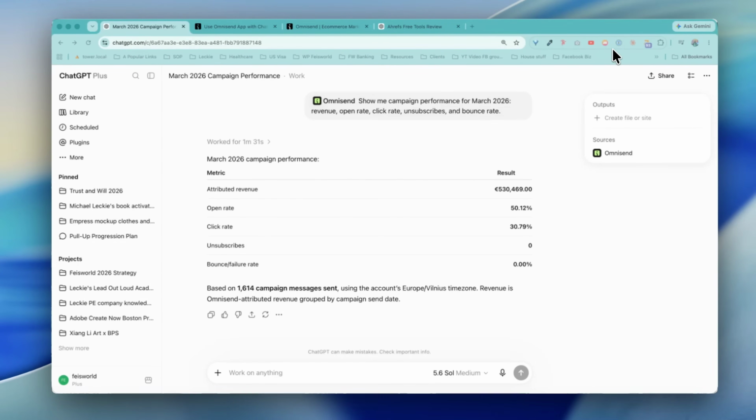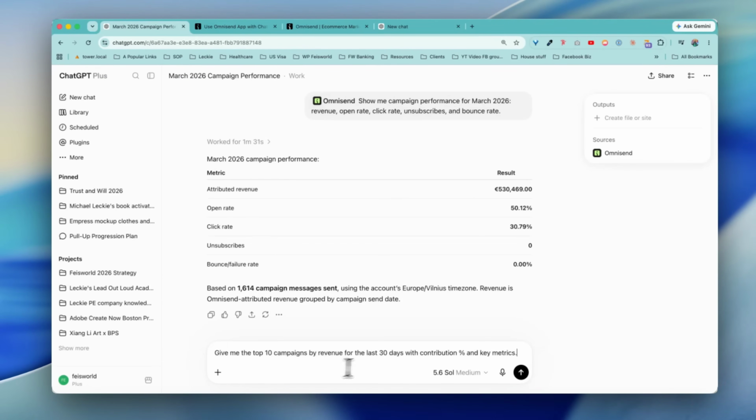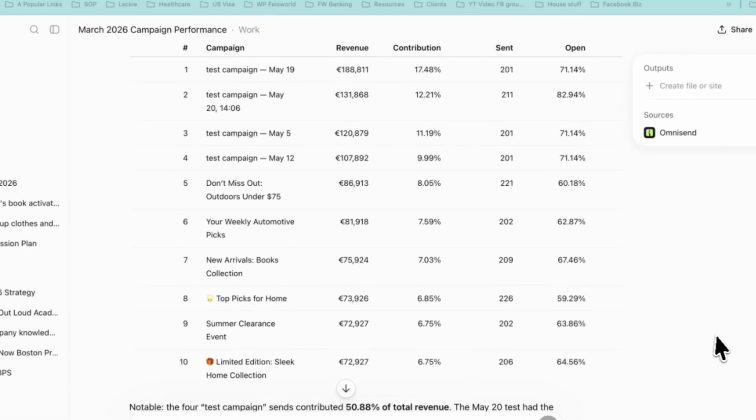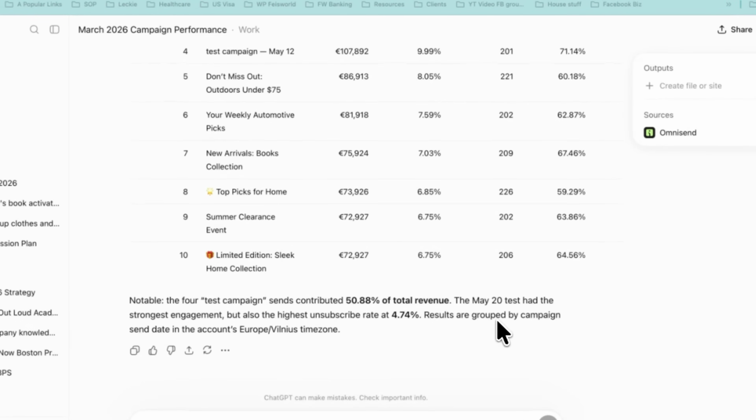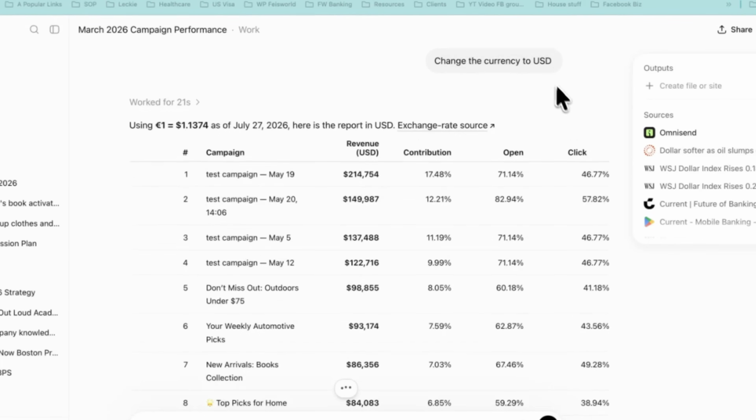Let's try another prompt. I will be very interested in knowing the top 10 campaigns by revenue within the last 30 days, or it could be 90 days or a year, depending on the business you're running. So let's go ahead and I would say 90 days. All right, let's take a look. The top 10 campaigns generated, and you can see that these are the tests that we run: open rate versus contribution and revenue. And remember, depending on where you are, you can also change the currency to USD, as